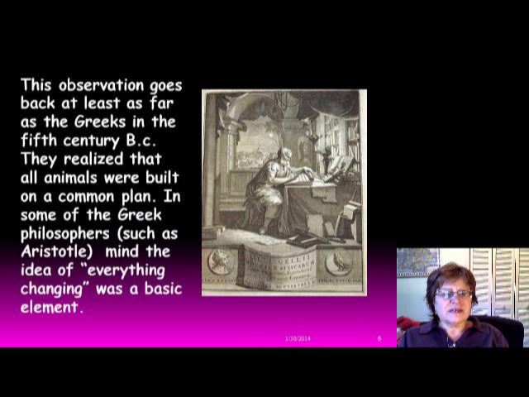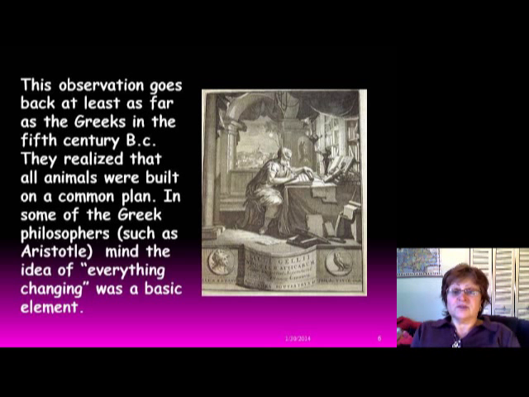So we're going to start with the ancient Greeks, and they are basically the first ones who realized that all animals were built on a very common plan. Some of the Greek philosophers, like Aristotle, realized that everything has been changing through time, and change was a very basic element. However, very soon